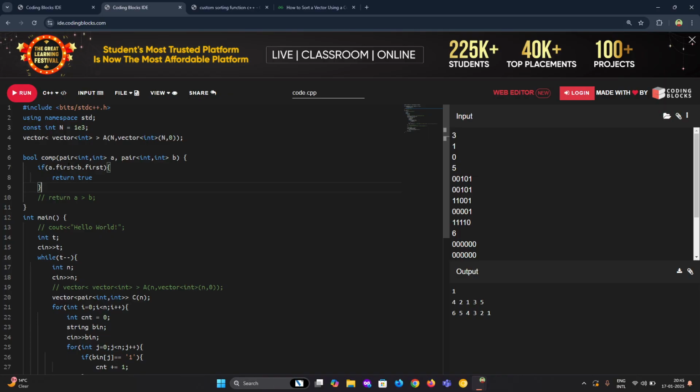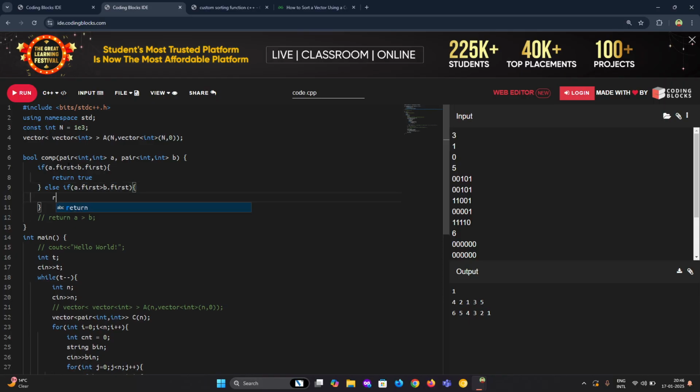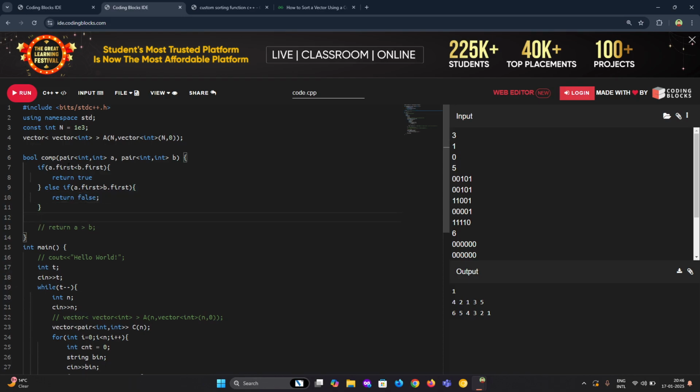Else, if a dot first is greater than b dot first, then return false. If they are the same, then just make sure that a of a dot first or second